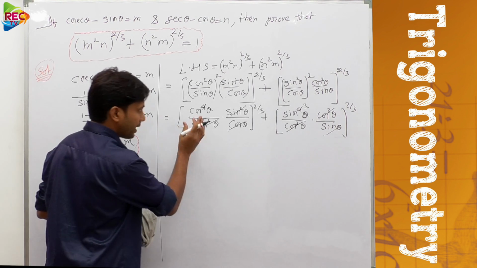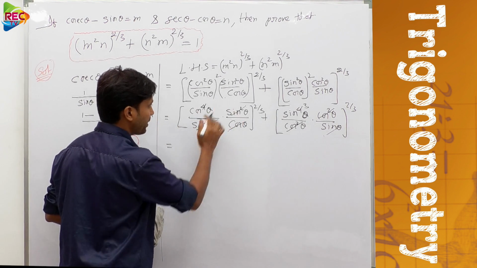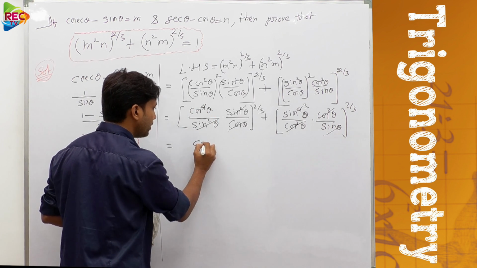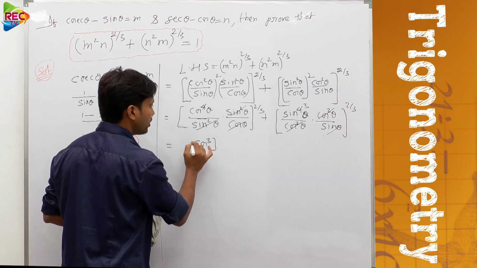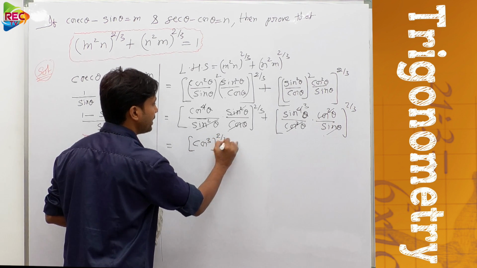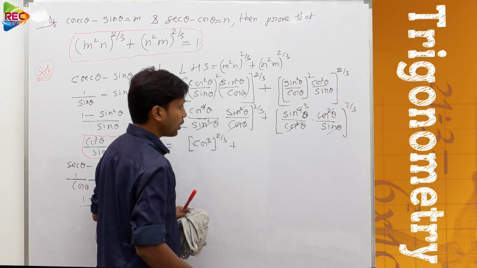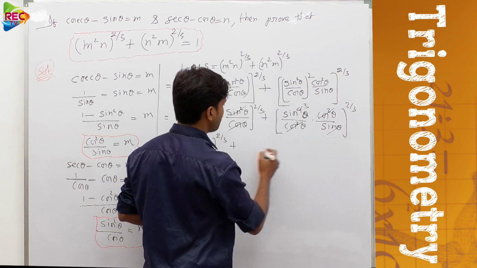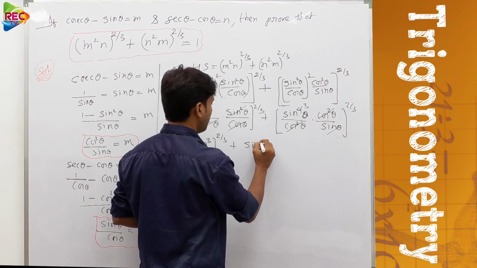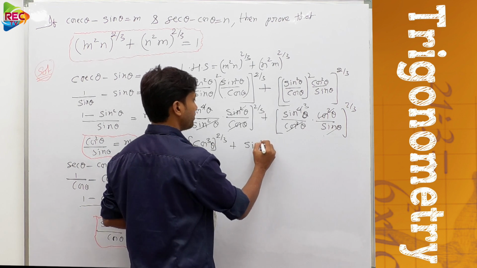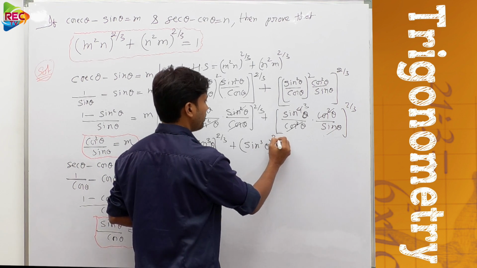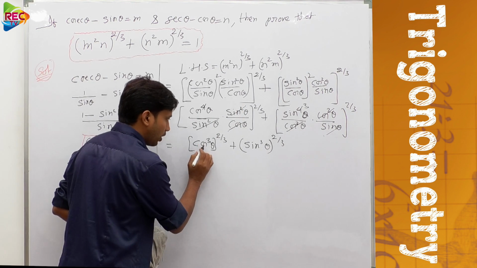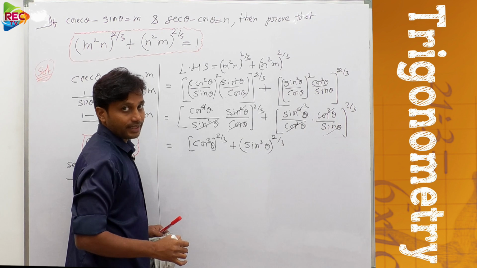So now let us write down the simplified values of each bracket. Here cos power 4 theta is simplified to cos cube theta, remaining all terms are cancelled. Cos cube theta whole to the power of how much? 2 by 3, plus. Okay. Now here also only sin cube theta is left over, remaining all the terms are cancelled. So sin cube theta whole power 2 by 3, which is given. Okay, just leave it. Now cos cube theta whole power 2 by 3.